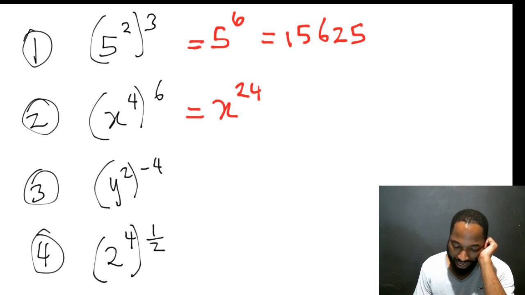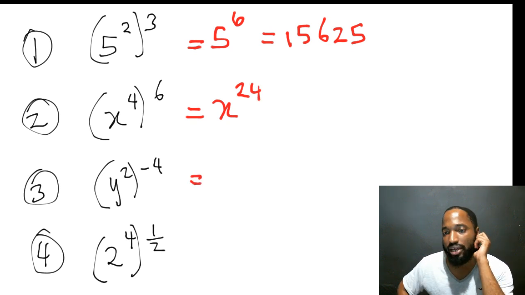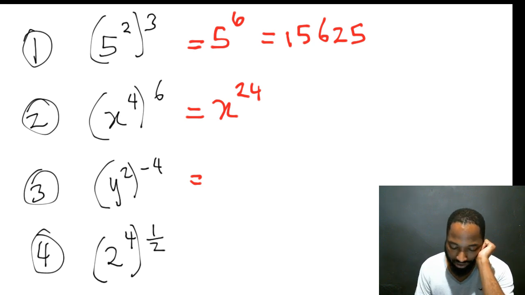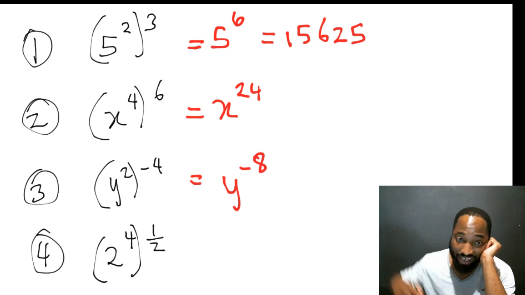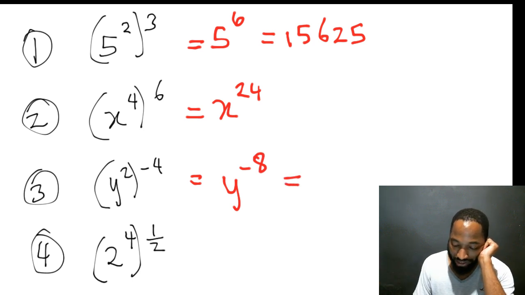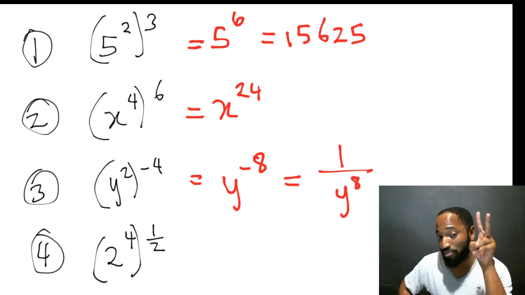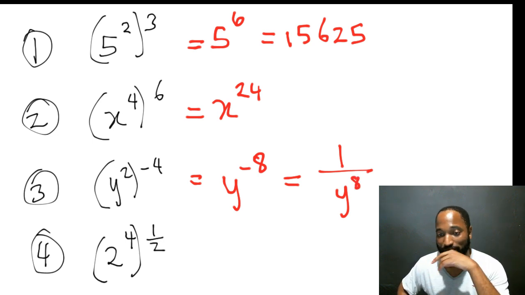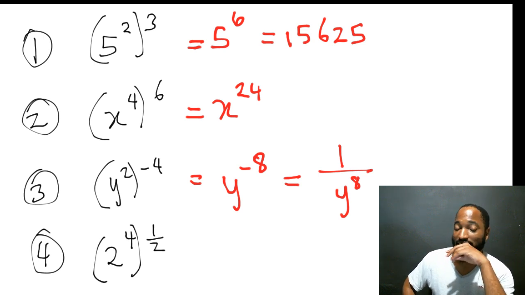What about this guy? What about the y? I see no answers for the y. Well done, Danny. So you're multiplying again, but you need to pay attention to the negative sign. So this is actually y to the negative 8. And if they ask you to go one step further, this means this is 1 over y to the positive 8. Remember, this is like two laws coming into play here. So that's a strange one. Some strange lands we're in here, people.